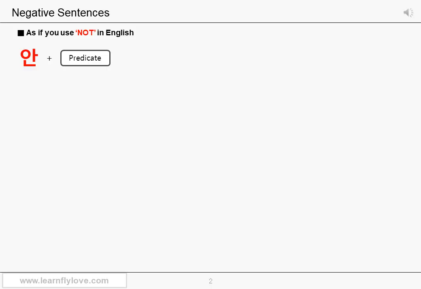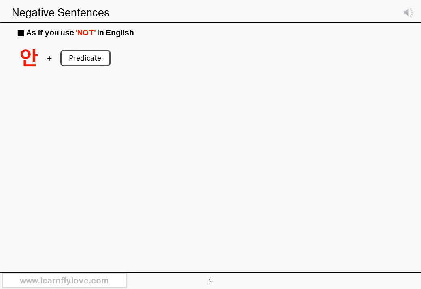Let's learn how to make negative sentences in Korean. There are basically two ways. It's slightly more complicated than English, but you don't have to worry. I'll explain why shortly. When you make a negative sentence, you can basically use this negative adverb 안, and you